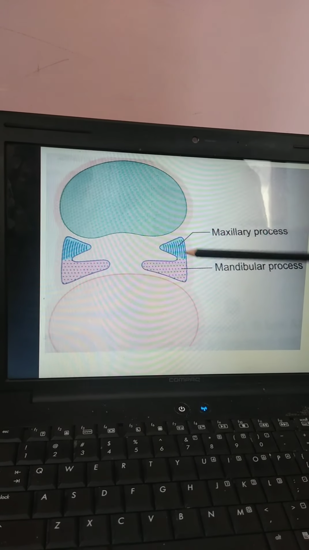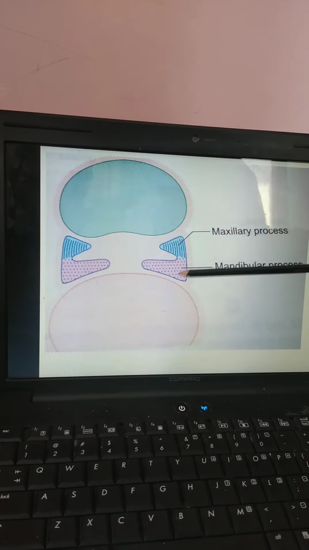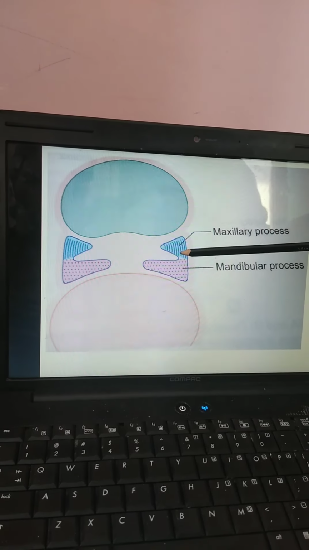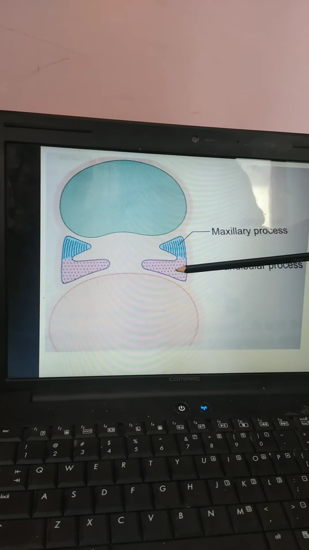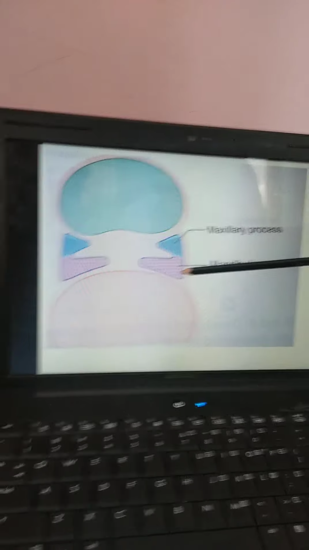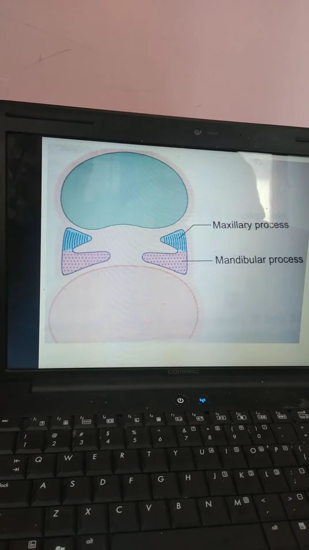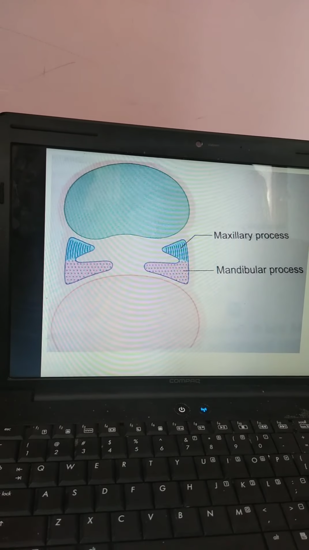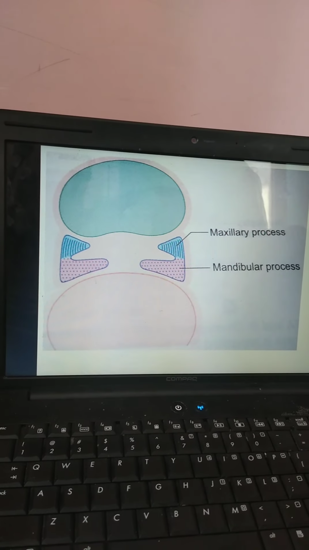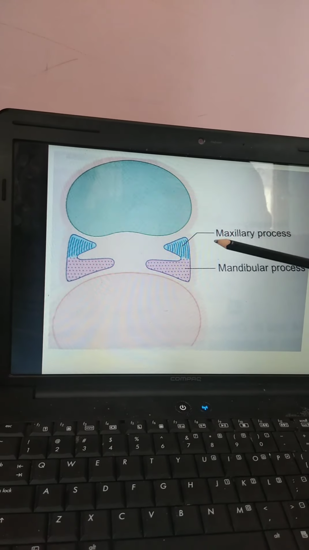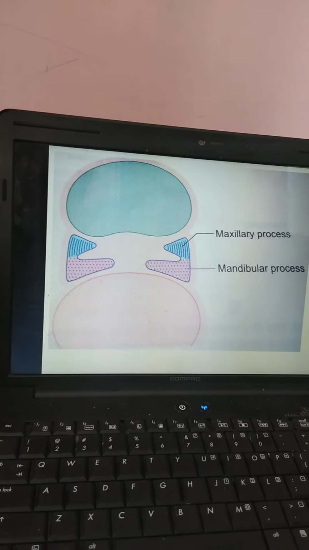This main part is now known as the mandibular process. So we can say the mandibular arch, the first pharyngeal arch, is divided into two parts. The one part, the bud arising from this arch, is known as the maxillary process. It grows ventromedially, and the remaining part is now known as the mandibular process. The five primordia for face development are the unpaired frontonasal process, the paired maxillary processes, and the paired mandibular processes.